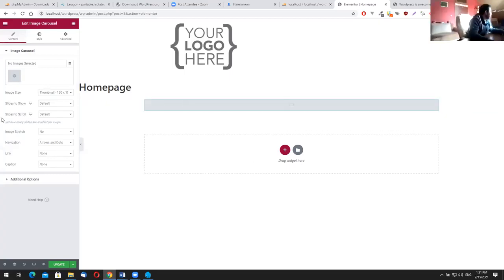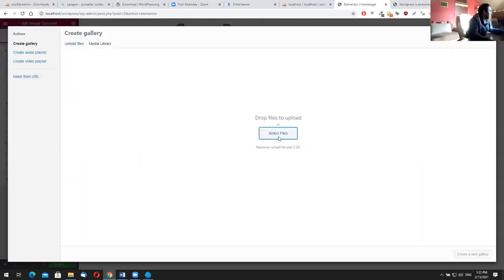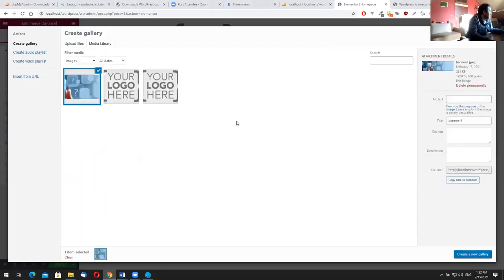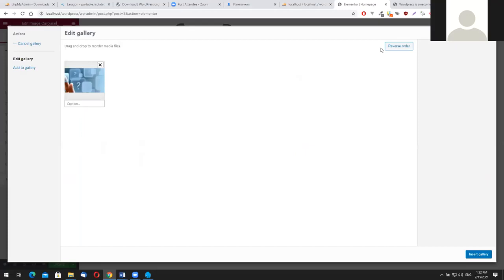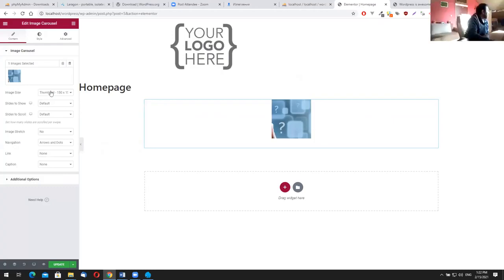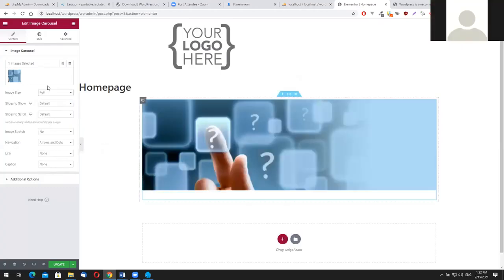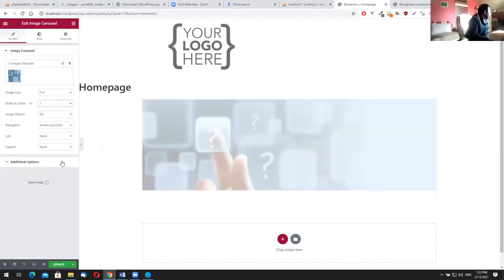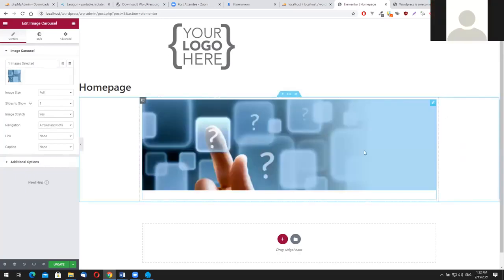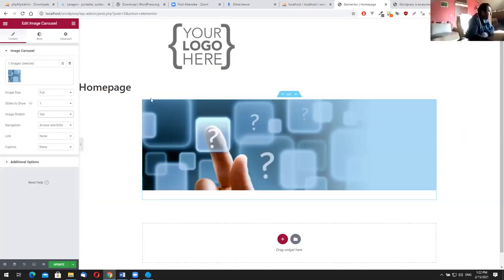After we dropped the slider, a new pop-up comes with more settings. Here we can choose the images we want to put in our slider. For the image size, you have to pick full. We can show only one slide at a time, and image stretch. If you want to show the slider on the full width of our page,